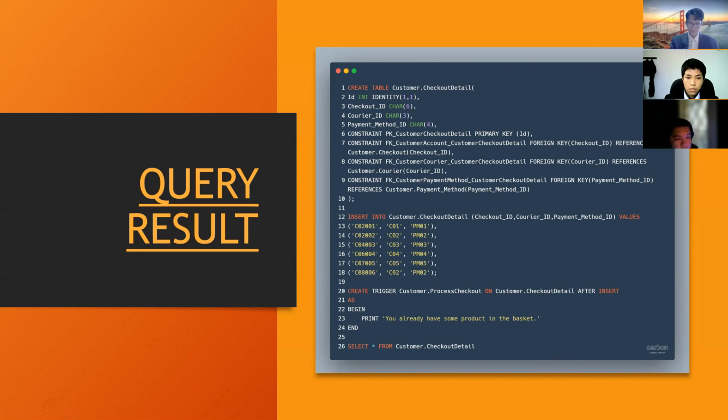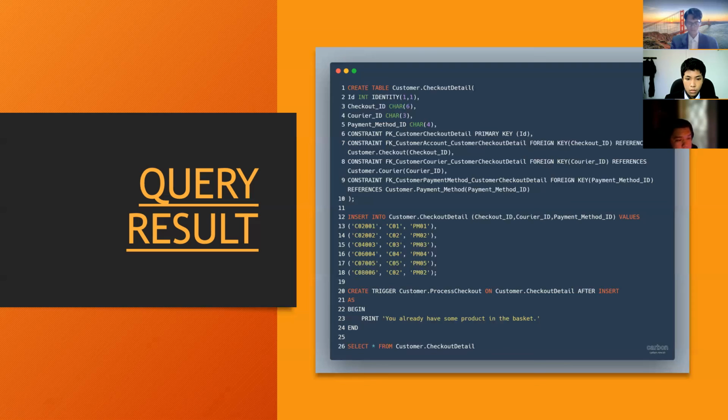Then constraint foreign key, customer courier underscore customer checkout detail foreign key reference to the customer dot courier. Last one, constraint foreign key, customer payment method underscore customer checkout detail foreign key reference to the customer payment method.